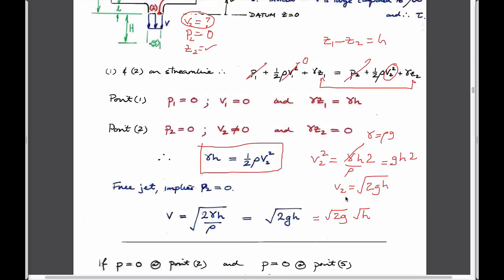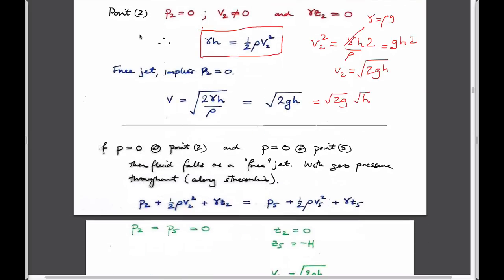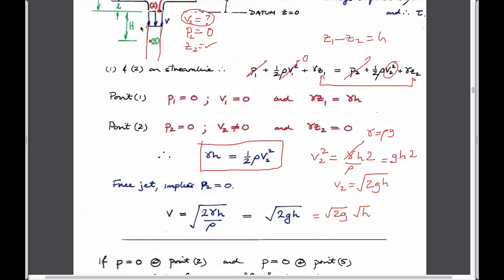We could also, if we wanted to, calculate what happens if this thing keeps on coming down, a bit like the jet lev, right? But it's a column of water which is just being powered by the weight of fluid in the tank, not pressurized at the surface. We could use that to write Bernoulli between point 2, and I won't do it, but if we write Bernoulli between this expression here, where we now know the velocity, and here, where we'd like to find out the velocity,